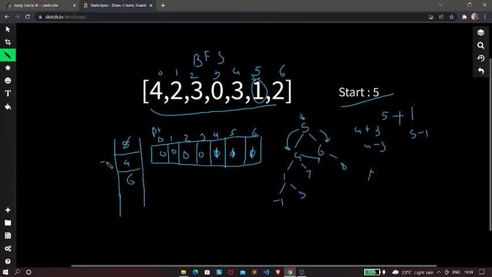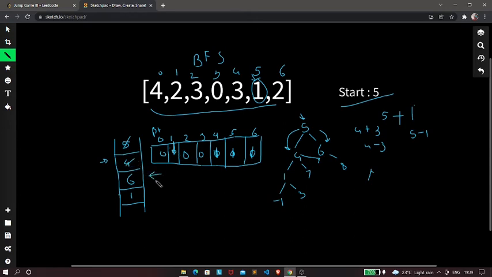Now currently our front is at index 4, right? From 4 we can go to either index 1 or index 7. So let's say we move to index 1. We make this visited. Now we're not going to push index 7 into our queue, because it is out of the range. So now there is no other way we can go to any other indexes. We can also try to go to index 6, but index 6 is already visited, so we're not going to consider that. We're just going to pop this out from the queue.